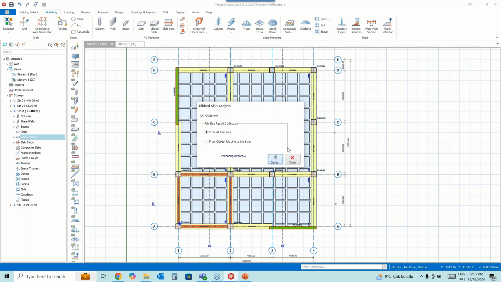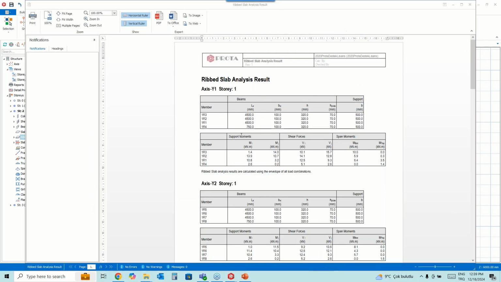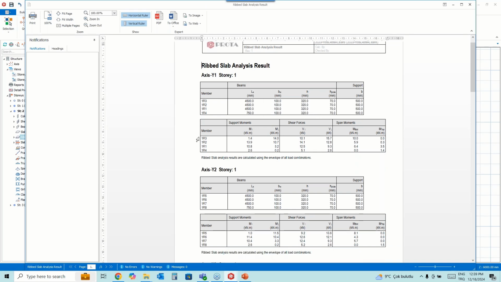After you run the rib slab analysis, you will see the report of it. In this report, we are providing some information: span lengths, beam width, beam height, span and support moments, shear forces.